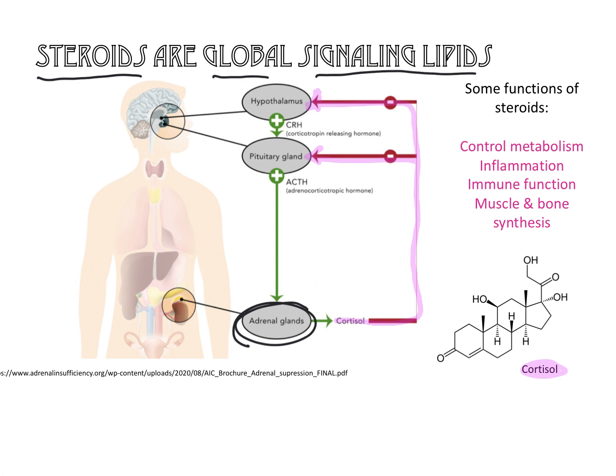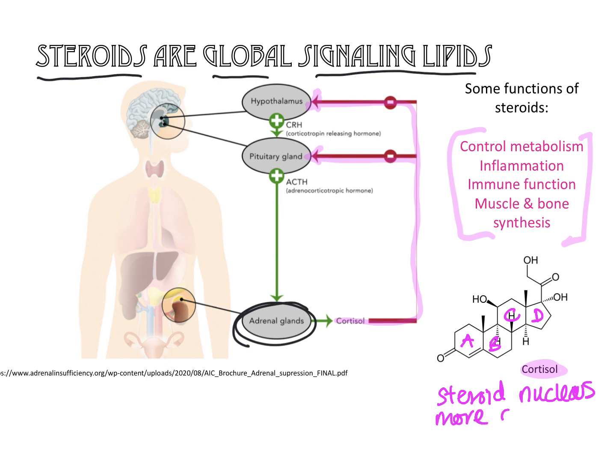And there's a lot of steroids, and they have a lot of functions. They're not all made in the adrenal glands, but they do all move through the body. And the reason that they move through the body is because of their structure. And they all have some things in common. So all of the steroids have the steroid nucleus, that A, B, C, D nucleus, if you remember from sterols. So they all have a steroid nucleus, but they just have more oxygens on them